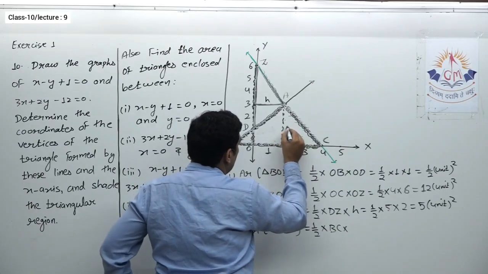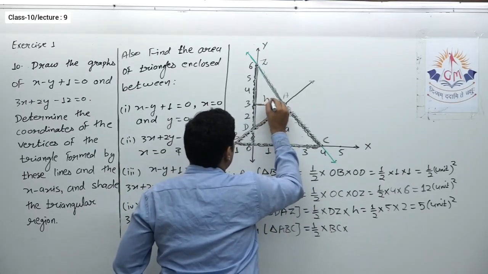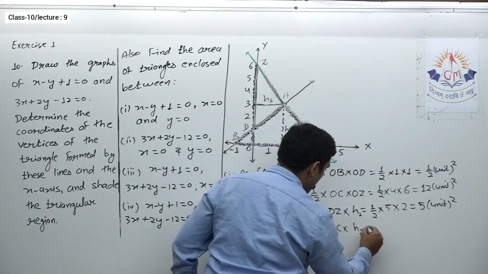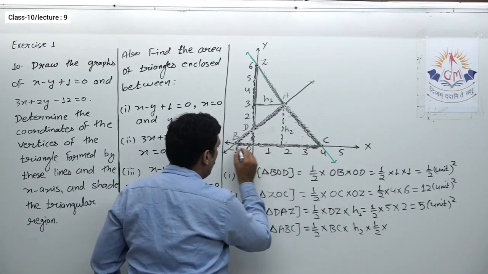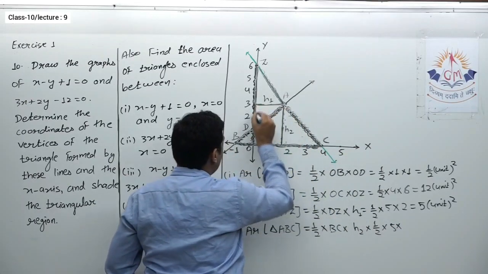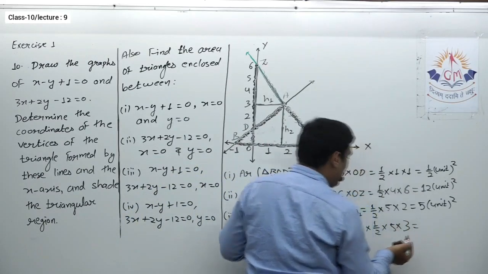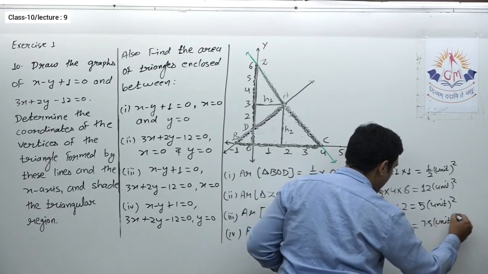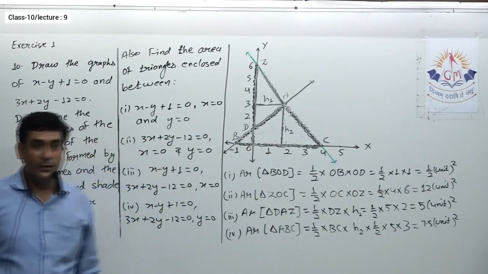I am calling it A for a while because H is already over there, or better, write H1 and then write H2. So the height, 1 by 2. Now B to C is 4 and 1, that is 5, and the height this much is 3 units. You can see this much is 3 units, so 3. So this will be 15 by 2, or I can write 7.5 unit square. So in this way we can find the area of the required triangle. So please note it down.